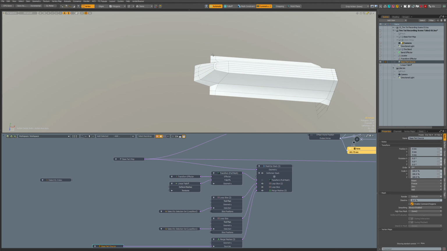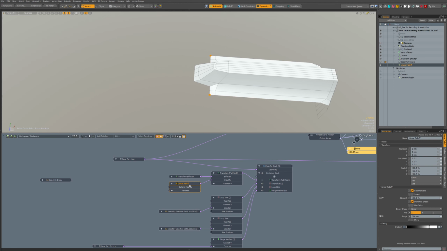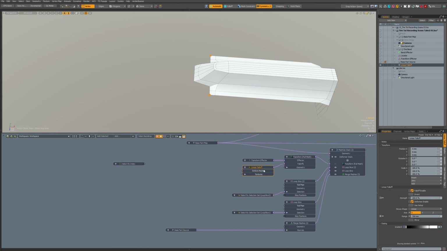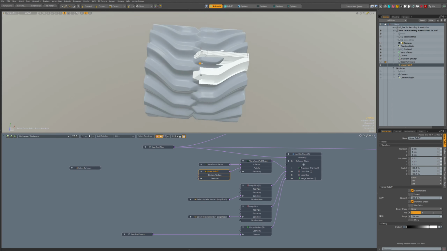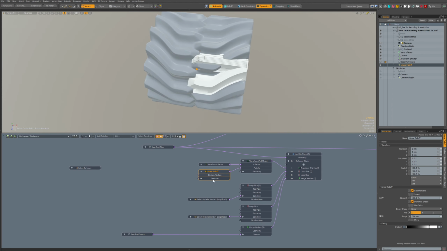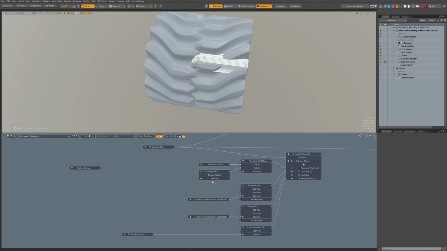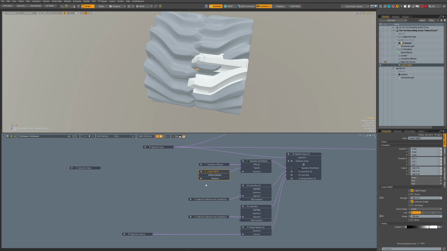So we could take this vertex and bind the place of this falloff to that vertex, but I'm not going to do that because I think it's a bit too much. So we can also just eyeball it. What we forgot to do is to add this range.